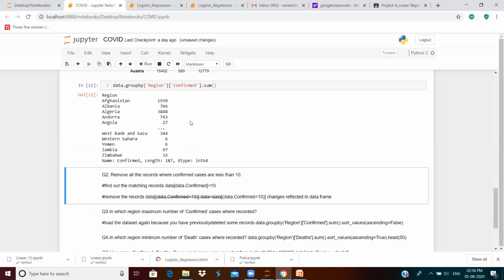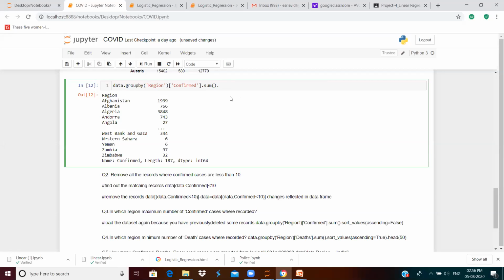See here. So here you are getting only the confirmed values. In case you want to find out which region is having the highest confirmed values, then you can sort these values based on ascending order or descending order. If you want to find out the peak value, then you can just sort it to find the highest confirmed